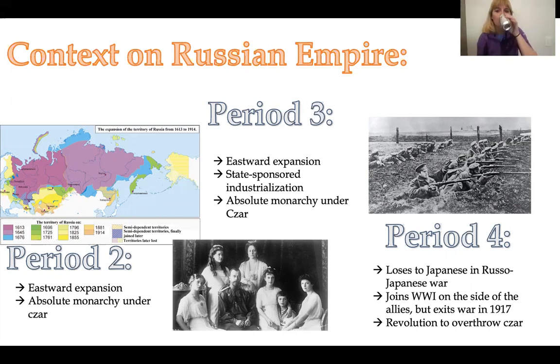Now, in period 4, at the very start of period 4, we've talked a little bit about Russia, which they're going to lose the War of the Japanese. So in 1906, they lose the Russo-Japanese War to an Asian state that they consider vastly inferior to them. Okay, they're also going to join World War I in 1914 on the side of the Allies. So they'll join with France and Britain on the other side of Germany, all right? But they're also going to drop out of the war early. So in 1917, they're going to commit with a separate peace with Germany.